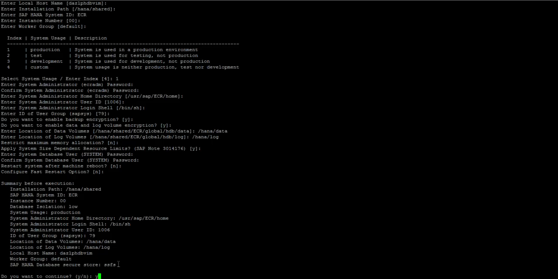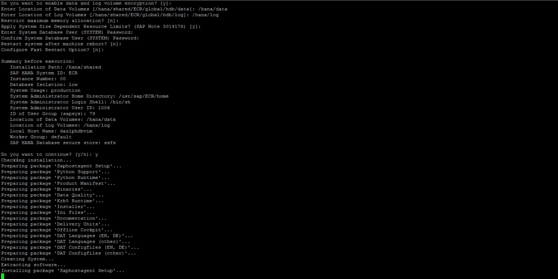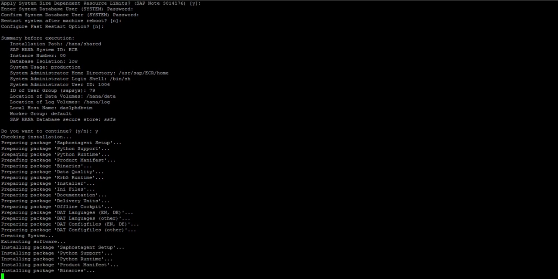Okay, let's continue. Now here you can see it's checking the installation files and all, and preparing the package SAP hosted in by default. It will be installed, and these are some dependent libraries like Python libraries, binaries, and all these. And one thing which is important here is the delivery unit files. These are by default the SCP language dat files, that is English and German and other language options. And yeah, the delivery unit is